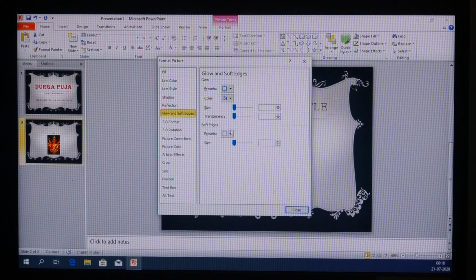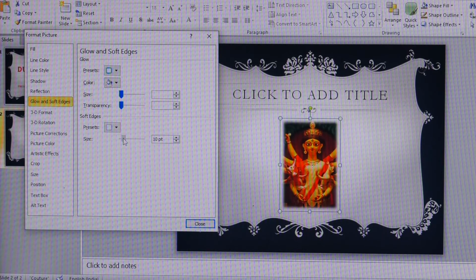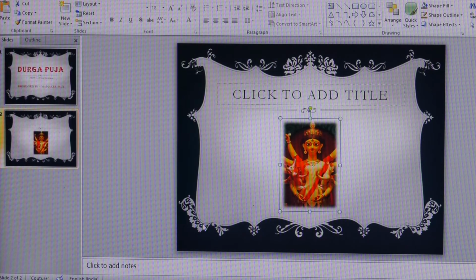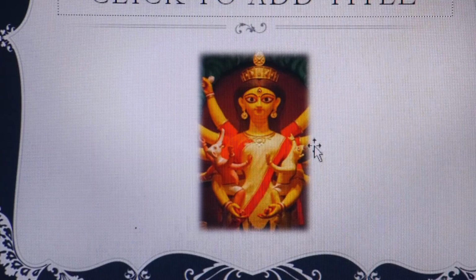I click on that. Here I can see soft edge is written, here the size is written, so I adjust the size. I think this much is okay, so I now click on the close option. You can see that the edges have become soft.